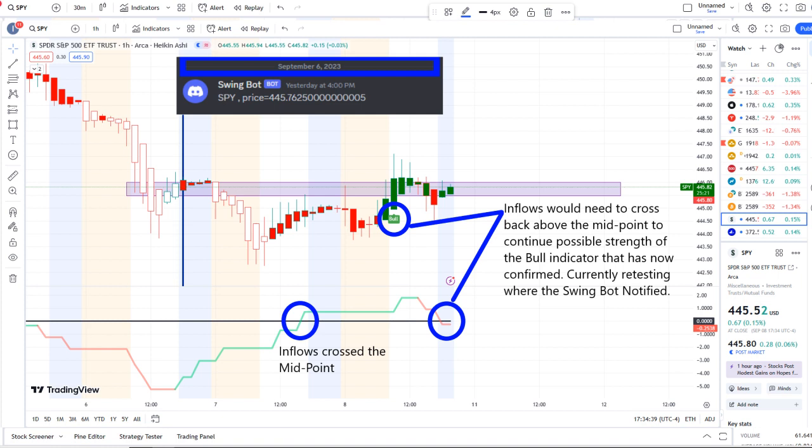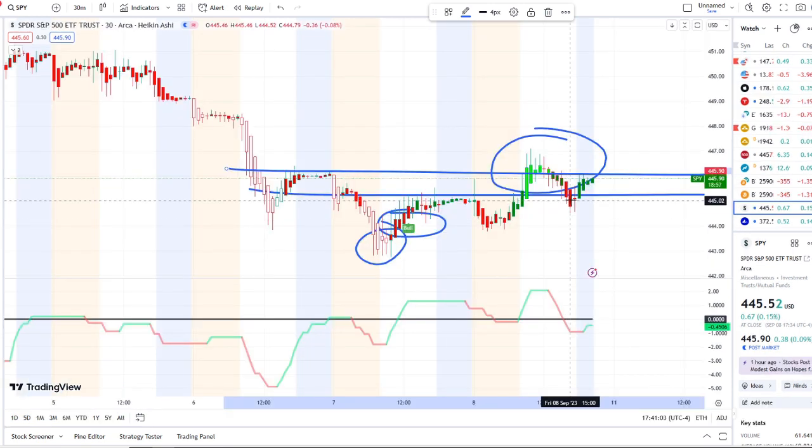Inflows crossed over. A bull indicator has popped up on the 1 hour chart as you see it there. And it needs those inflows to pick back up to justify any further possible strength and retest of the highs that we saw in today's trading day. And it's going to be crucial and critical for the bulls to get those inflows back up,